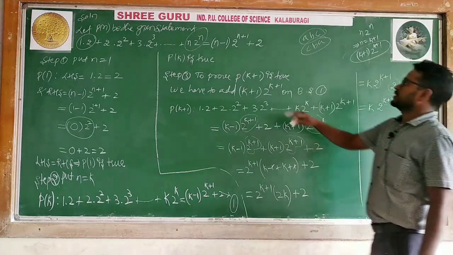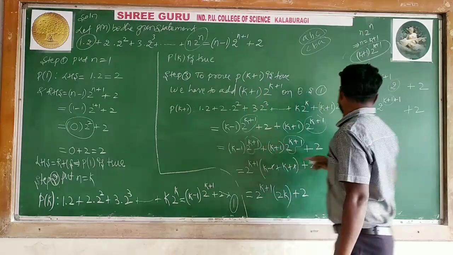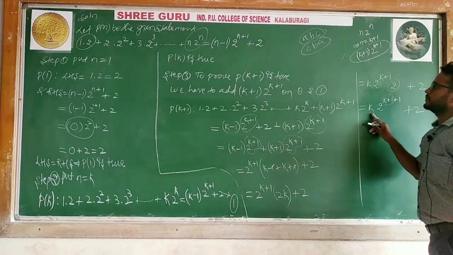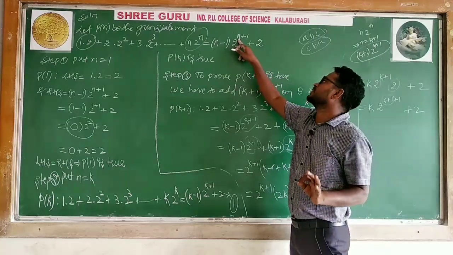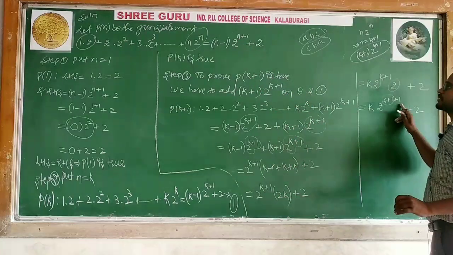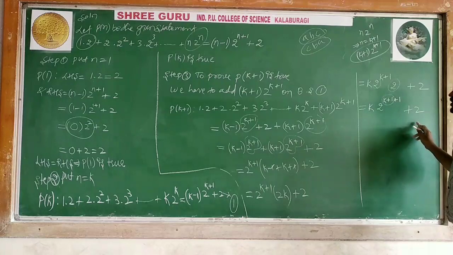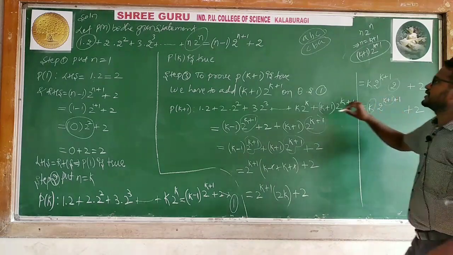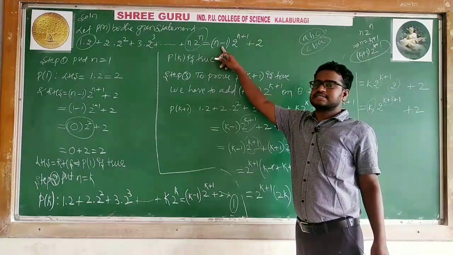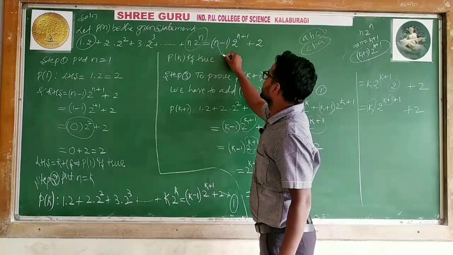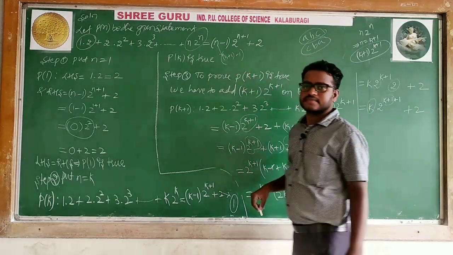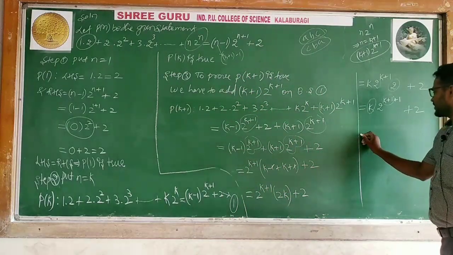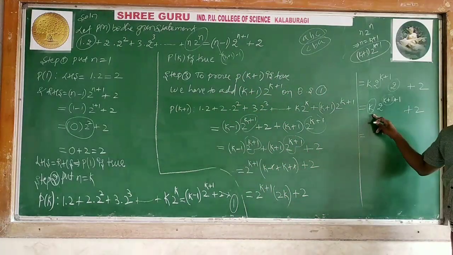See there, n minus 1. But here I have only k. Yes, no problem. 2 to the power n. In place of n, what do I need? k plus 1. So in place of n, k plus 1 plus 1 plus 2 is there. Only the thing is k. Instead of k, what do I need? k is n; you need n equal to k plus 1 minus 1 like this. Means can I write k? Some little bit of adjustment. Here actually k is there.